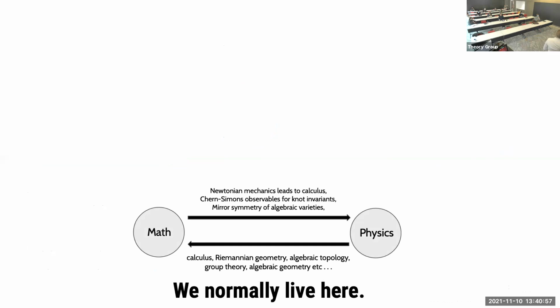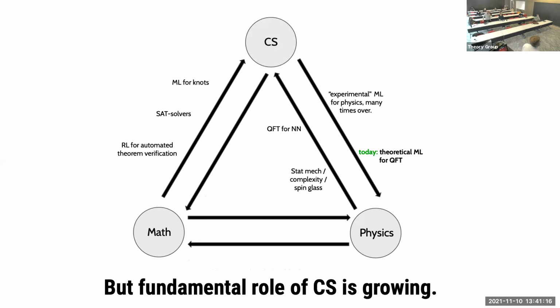Okay, so just a little bit of context. The way that I think about this broadly is that we, as high energy theorists, normally live our lives here at the intersection of math and physics with all sorts of influence going both directions. And there's a list of things here that in this audience I don't need to review. But I think something that's happening is that computer science is growing more and more mature. It's a very young field compared to math and physics. And so what's starting to happen is that more and more advanced computer science is starting to get woven into